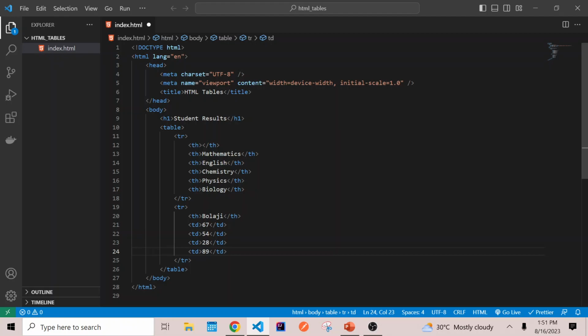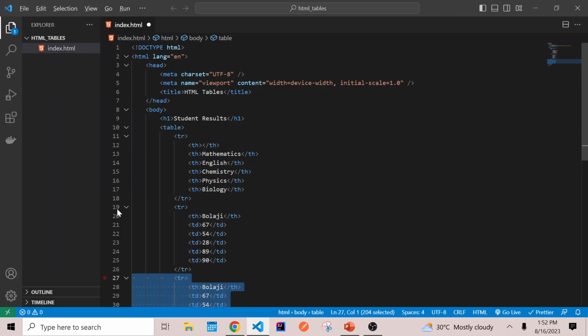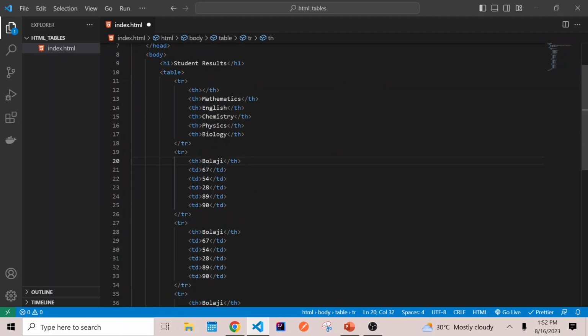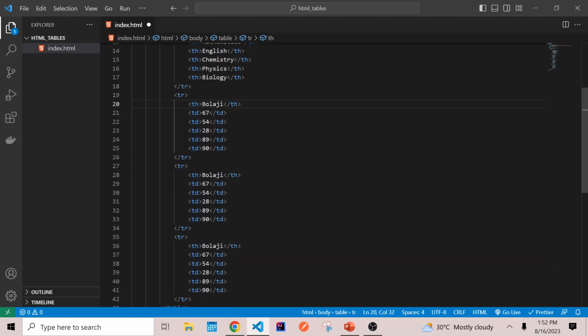89, and then the final one we can have 90. Okay, all right. So this is for the first student. What I'm going to do is copy this second row and put it down twice, 1, 2. I'm still using Alt Shift arrow down to do that. So here I can put in another name. I'm putting Joshua, and here I can put